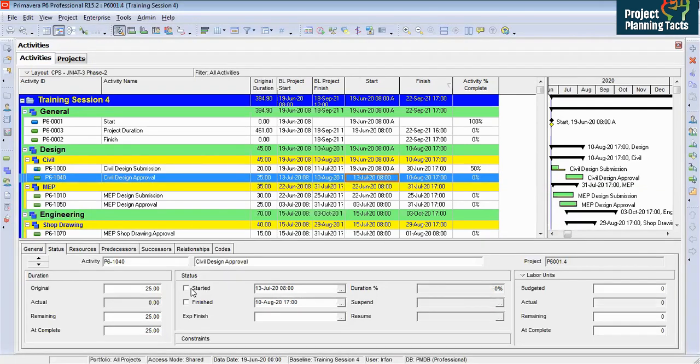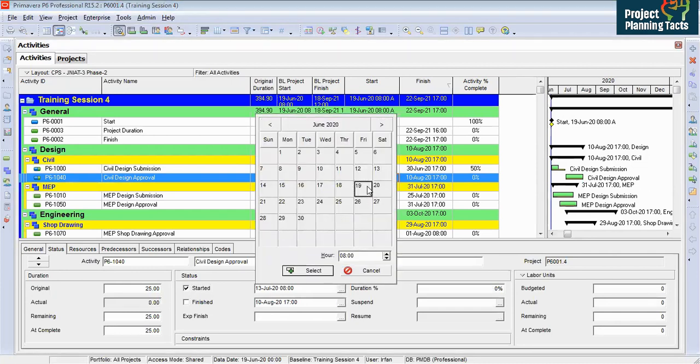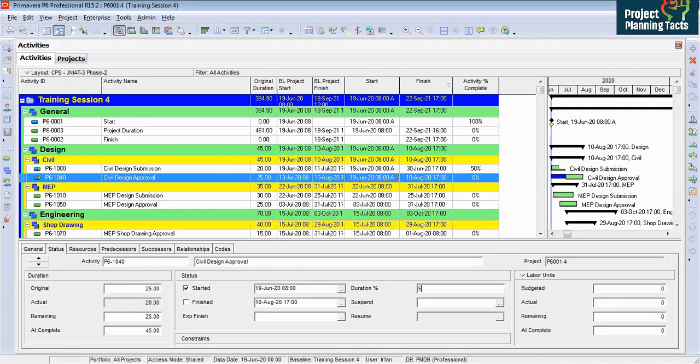So the next day I will start this activity, and I would say 19th June, I can say 5%, or depending on your agreement with the planner from the consultant, you can decide either I would say 5% once it is under review, or I would say 50%. It depends, but you have to show some progress here because it is under review. It might take only 2 days to get approval. You don't know. It might take 10 days to get approval. But the normal practice is when you submit any document, you show approval 5%, 10%.